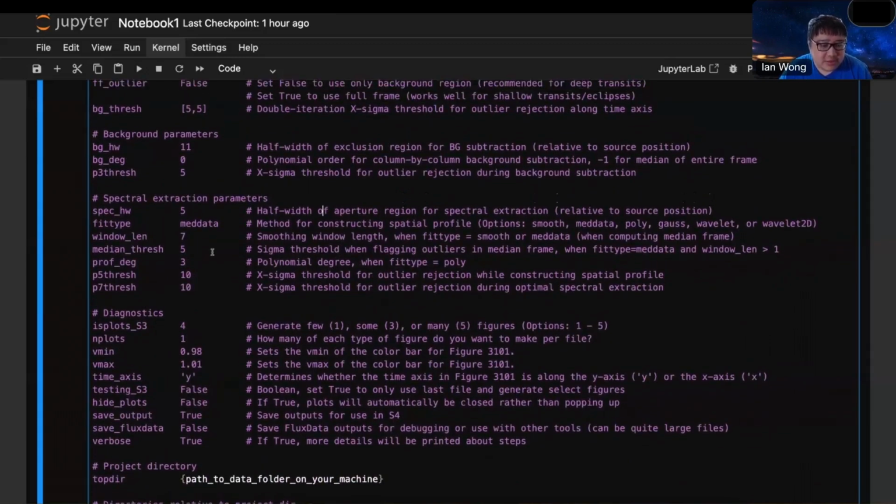The next important parameter here is fit type. This is essentially toggling what kind of method you're using to construct the spatial profile of the spectrum's PSF. So this is essentially the profile of the flux along each row, the shape of the PSF that is then used to do spectral extraction. And Eureka supports various ways to do this. Meddata takes the median along the time series and collapses it to build up your spectral template. And having set meddata,